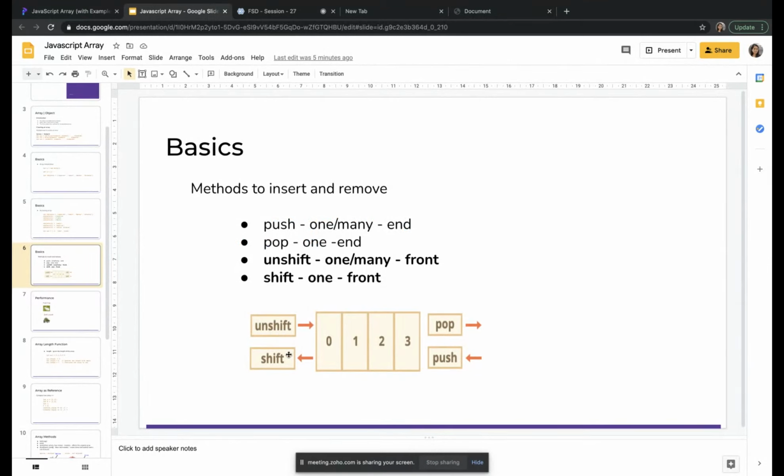Shift will remove an element. Mostly we won't use shift and unshift. Usually we'll add at the end only, but you need to know what functions are available. So unshift will insert an element and shift will remove an element.